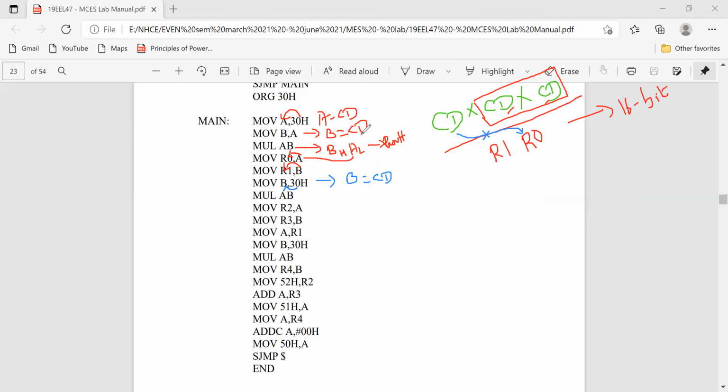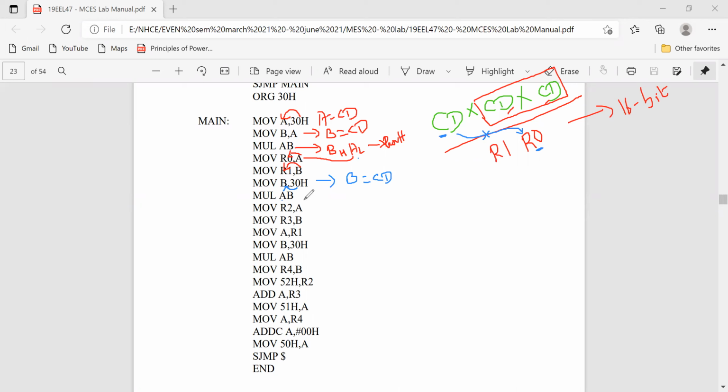So in this B register, I'm taking CD. The accumulator already has the lower byte, that is R0, right? So the accumulator has this value and the B register has CD.